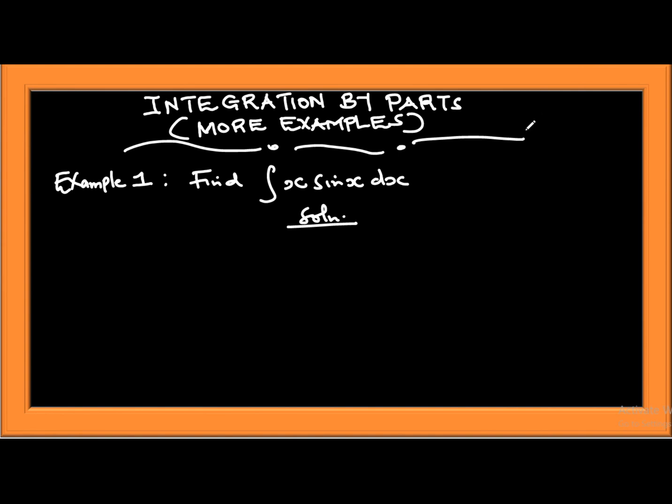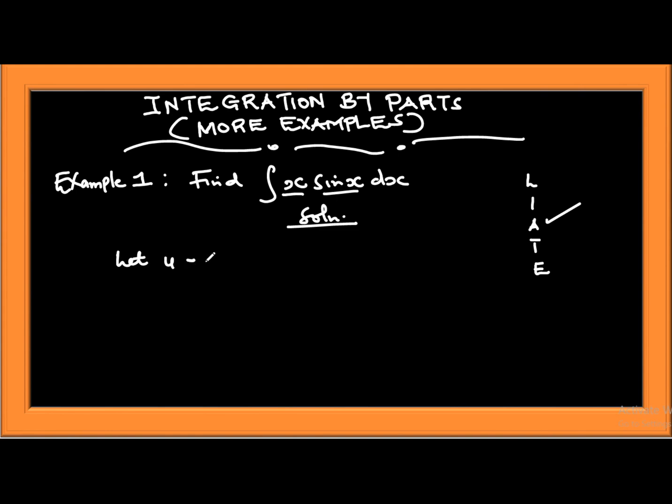Let's look at this first example here. It says we find the integral of x sine x with respect to x. The first thing to go back to is what we talked about in the previous video. We talked about LAITE, and we said the letter that comes first represents what we shall let be u. When you look at this, x is an algebraic expression and sine x is a trigonometrical expression. You can see clearly that A comes first. That means algebraic comes before trigonometrical, and therefore we shall let